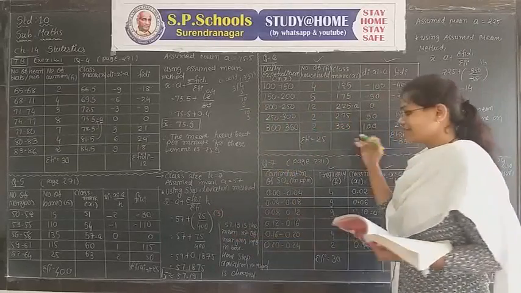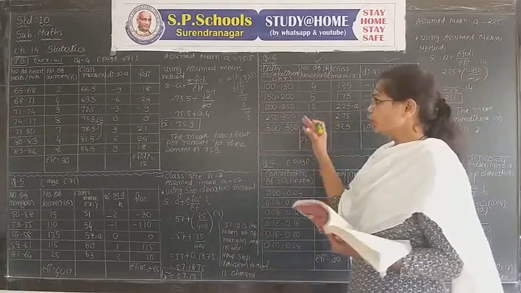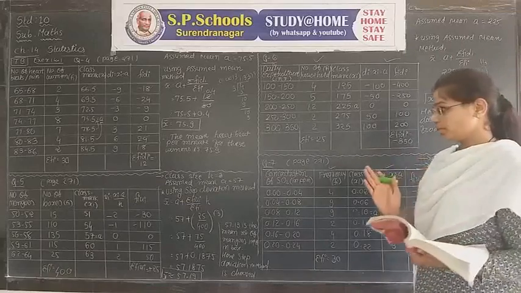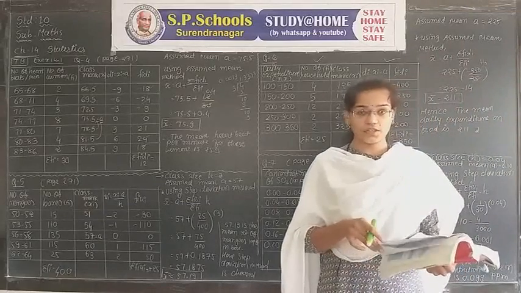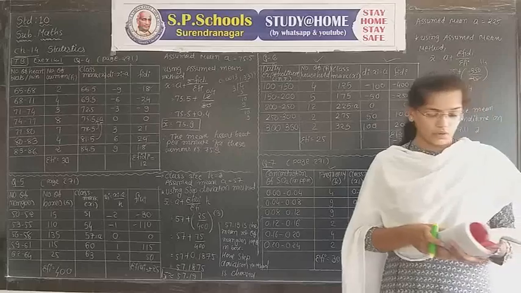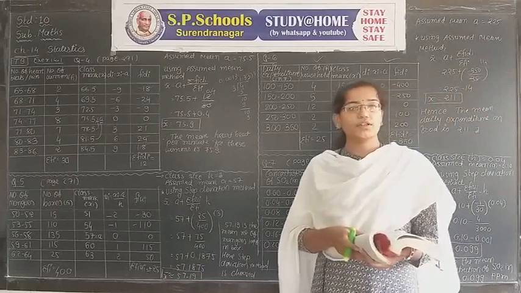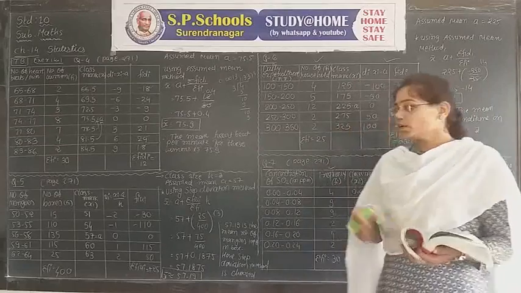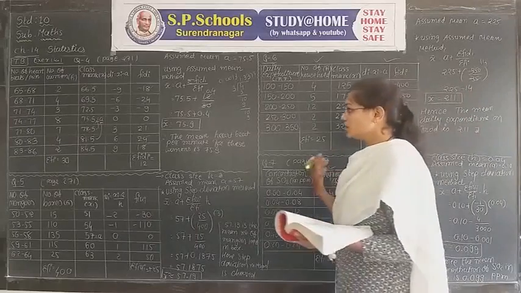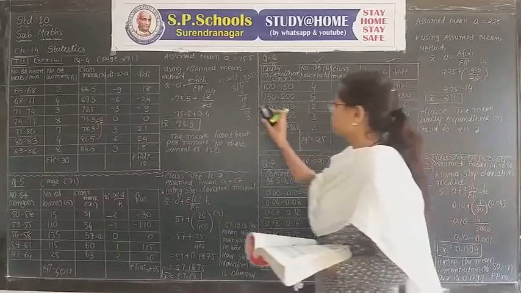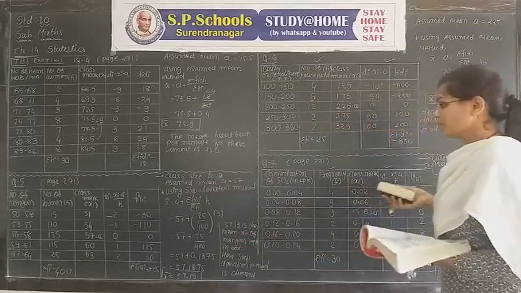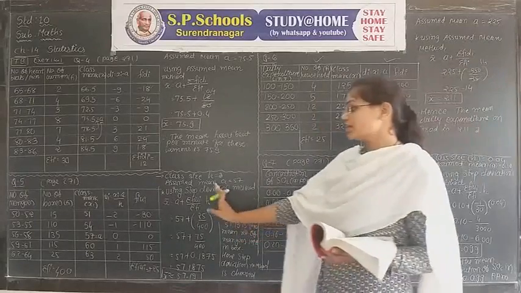Questions 4, 5, 6 and 7: two were done using the assumed mean method and two using the step deviation method. Whenever we meet in the next session, we will start this exercise 14.1 from question number 8. In this exercise, two questions are remaining, the 8th and 9th. Keep practicing using all three methods: direct method, step deviation method and assumed mean method. Suppose the 4th question is done using the assumed mean method, you should try to find the mean using the step deviation method.